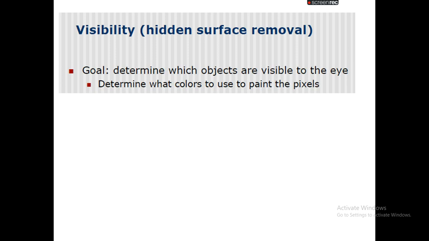Whichever colors are visible to our synthetic camera or to the observer, only those colors have to be displayed on the monitor screen.